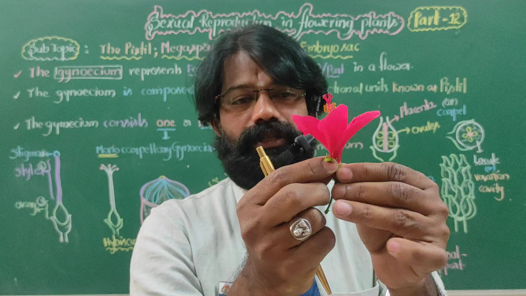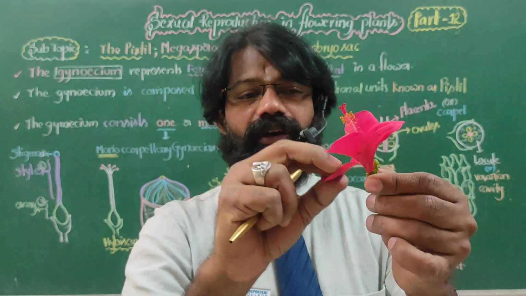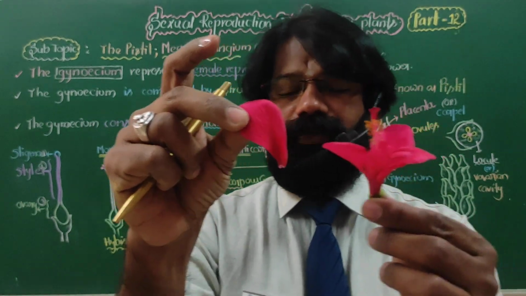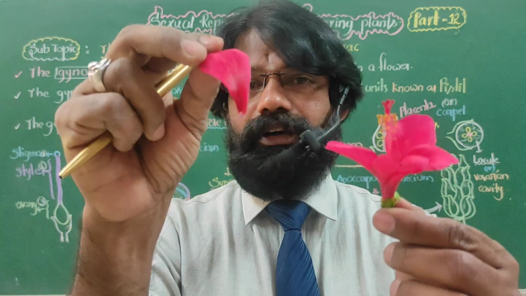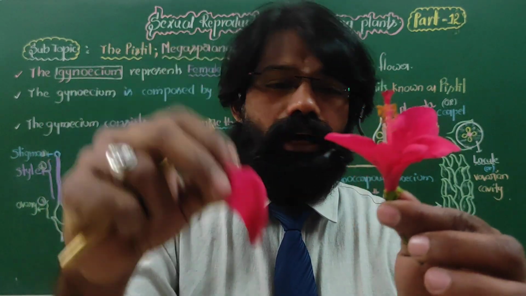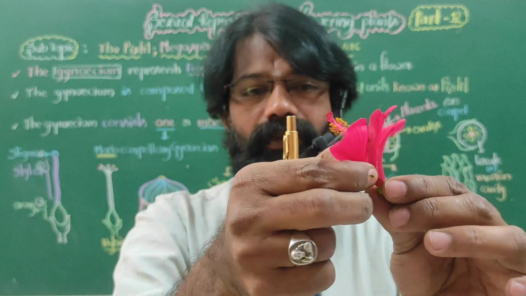Then afterwards, the colorful parts of the flower, totally covering it, are the petals. Each individual part is a petal. Collectively it is called the corolla, right? If you remove all these petals, then we can see